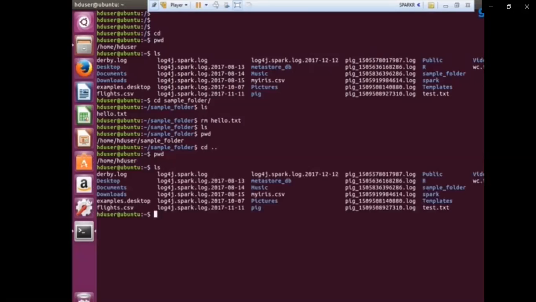Now if we want to remove a folder, earlier we removed the file with the rm command. Here we will write rm -r. Then the folder name was sample folder. Now check whether it is deleted or not after removing this.